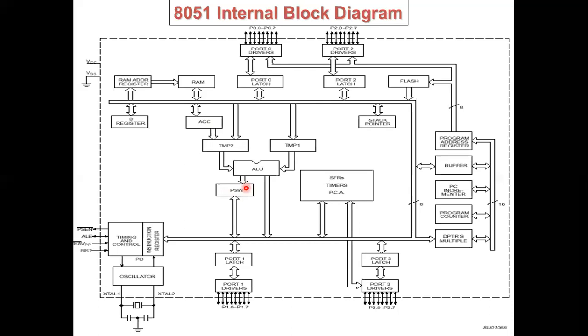If we want to perform any addition operation or a logical operation like that, any one of the data should be in the accumulator. It can be accessible by the user. Then temporary register 1 and temporary register 2 are accessible only by the controller, not accessible by the programmer. Okay. Then PSW, that is program status word.